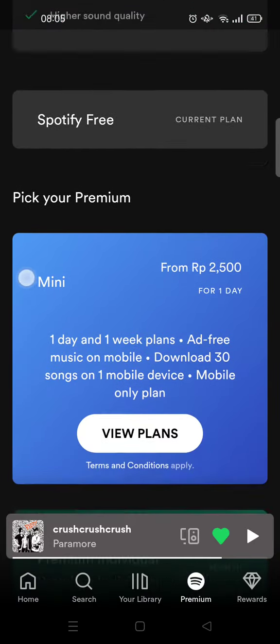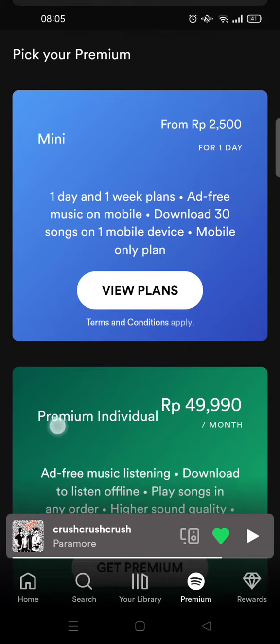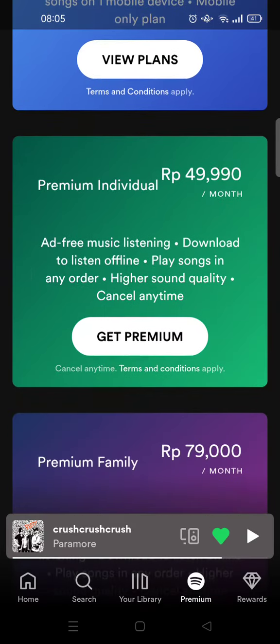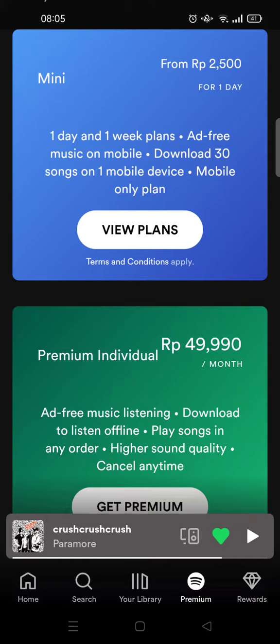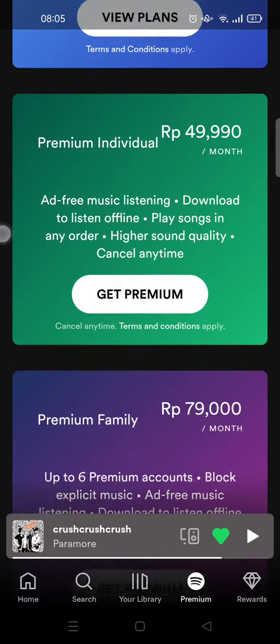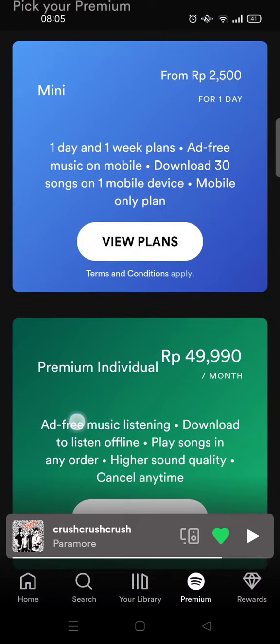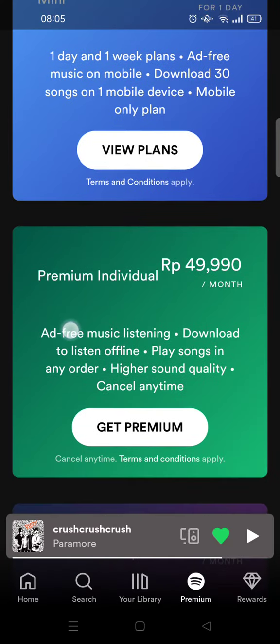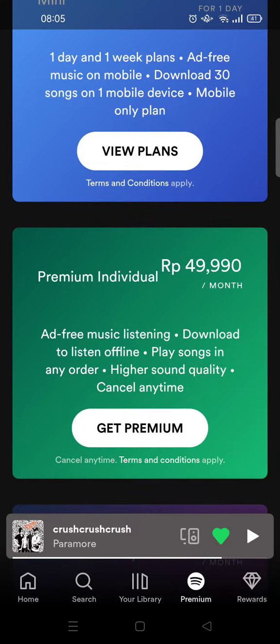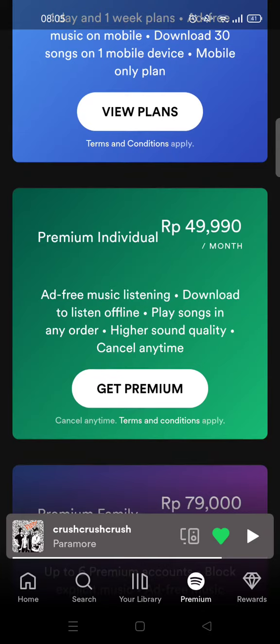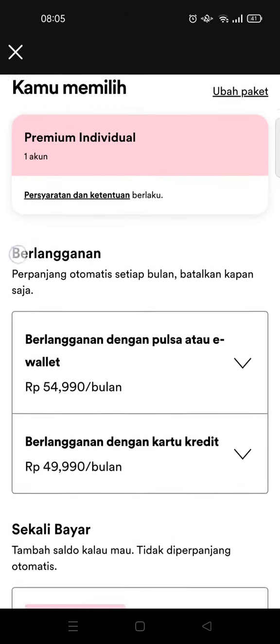And you can just scroll down to find the subscription package provided by the Spotify team, and you can just choose which one you think fits your needs the best. For example, I want to use the premium individual package, so you can just click on get premium. Then after that, Spotify will bring you to the